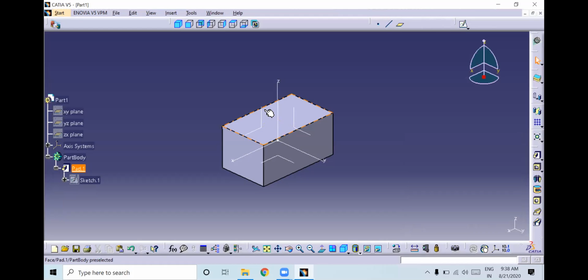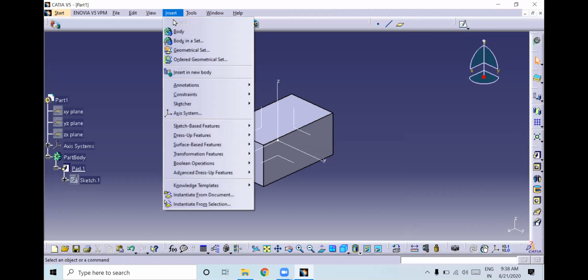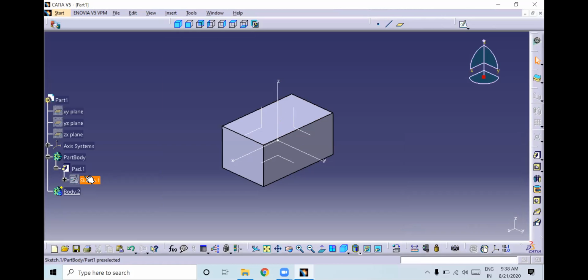Before creating a feature, you need to go to Insert and Body. What happens if you don't insert a new body: whatever feature you create without inserting a body will be added to the previous part. It will be considered as a single part. That's why we need to differentiate it, and to differentiate it, we need to insert a new body.